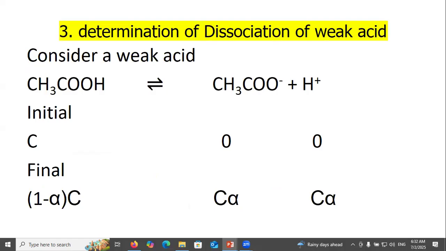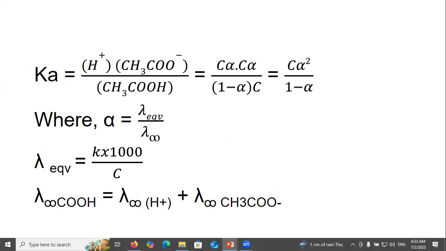Determination of dissociation of weak acid. Consider a weak acid, ethanoic acid, which dissociates. So K equals [H+][CH3COO-] over [CH3COOH], where alpha equals lambda equivalent over lambda infinity. So lambda equivalent equals